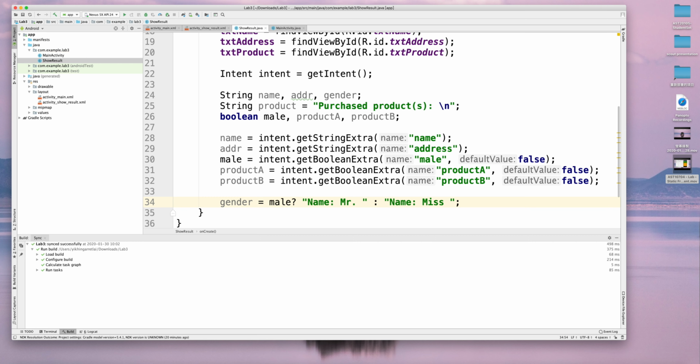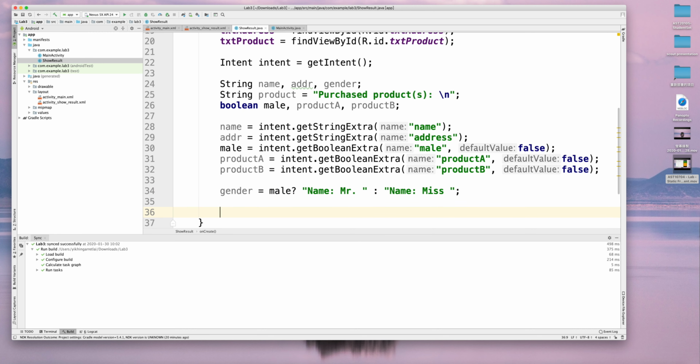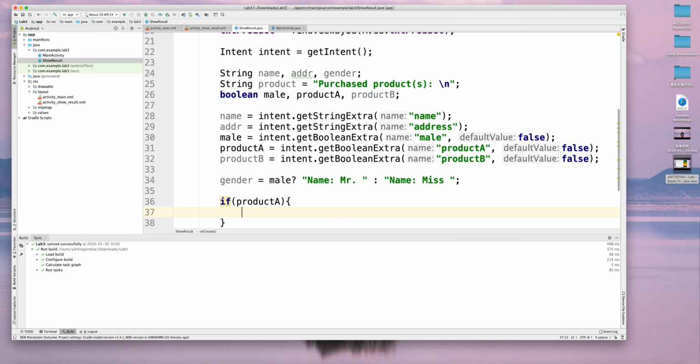I hope you still remember this is a conditional statement. If male is true, then I'll call them Mr. Otherwise, else I'll call them Miss. This is a conditional statement in Java. Then for product, so if product A is true,